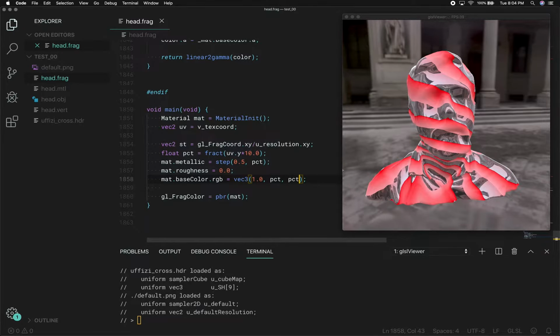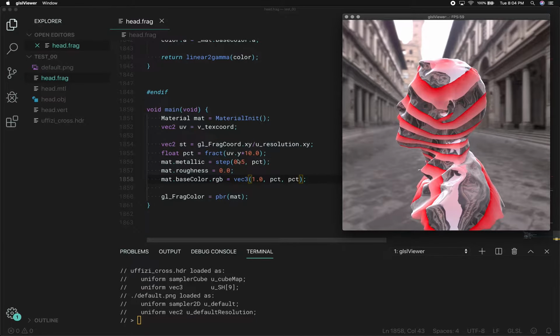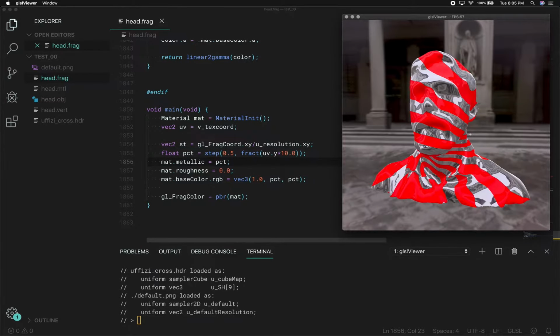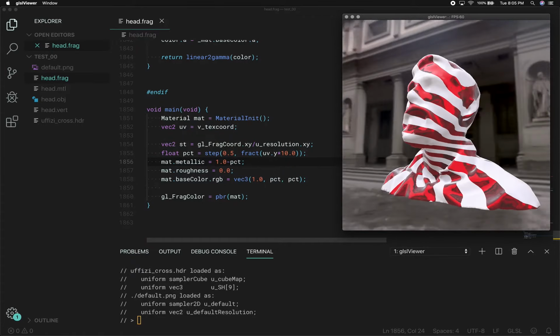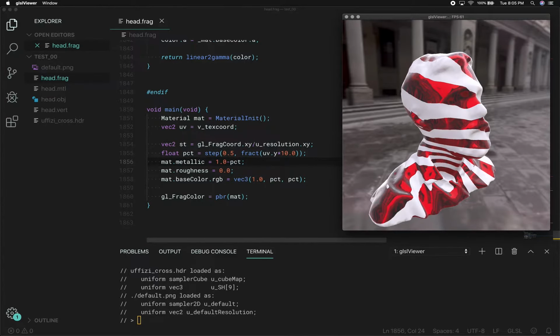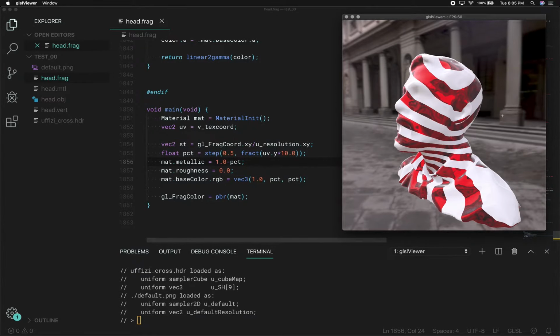So I think this didn't work exactly as I planned. Oh, because of the fract, of course. Let's fract this. Let's actually make all this. There you go. That's not exactly what I was going for. There you go. I don't know, it's kind of Christmassy. Anyway, this is just a prototype, but I want to give you a glimpse of how I